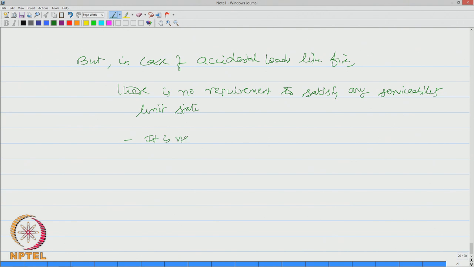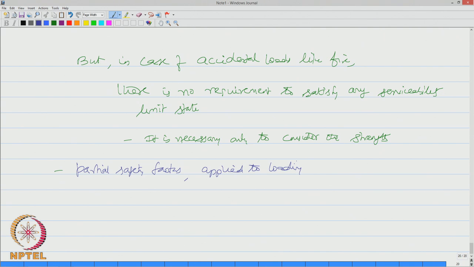It is necessary only to consider the strength. Therefore, partial safety factors which are applied to loading essentially reduce to unity,